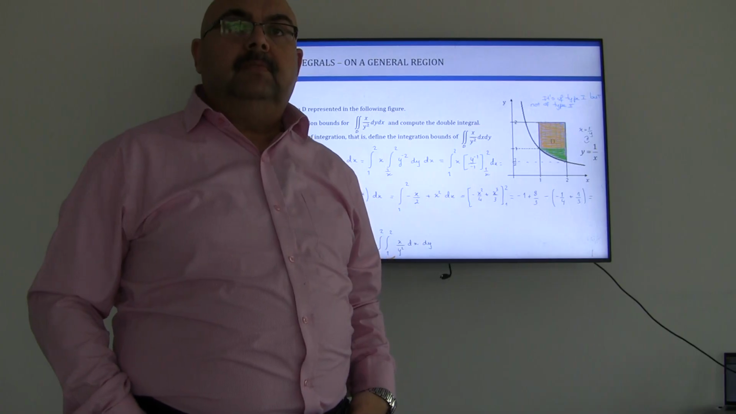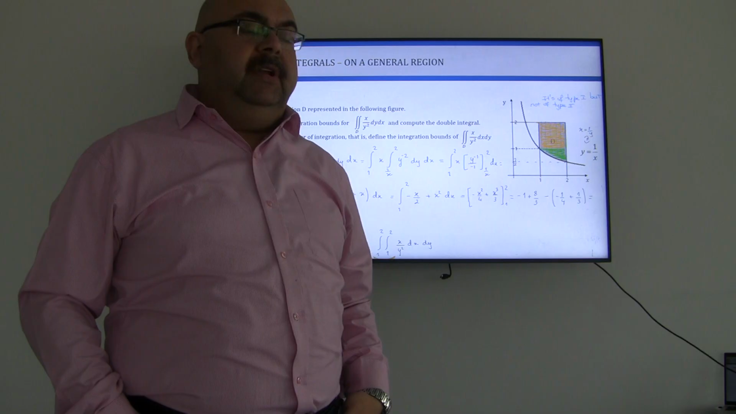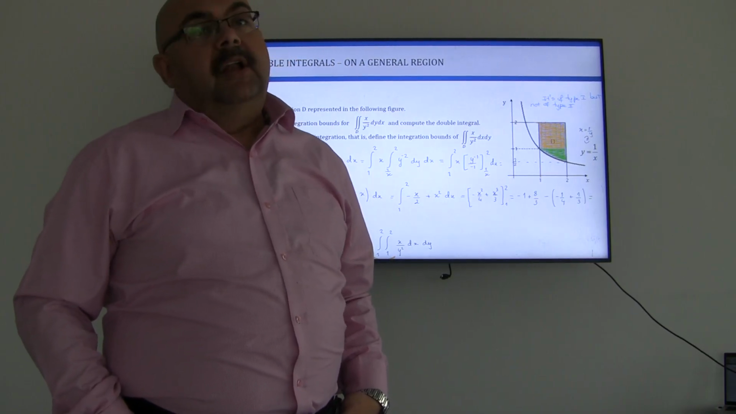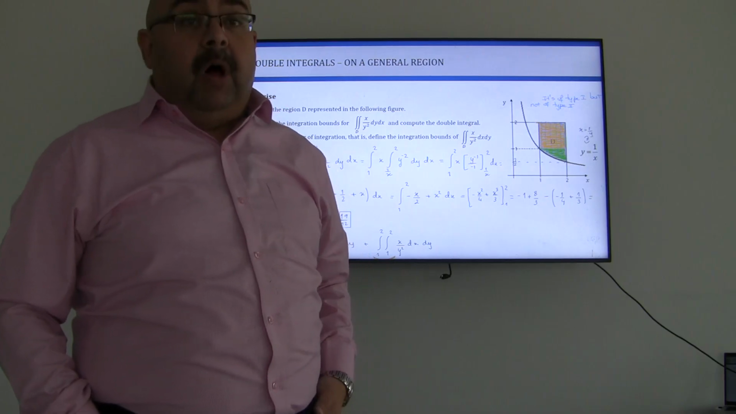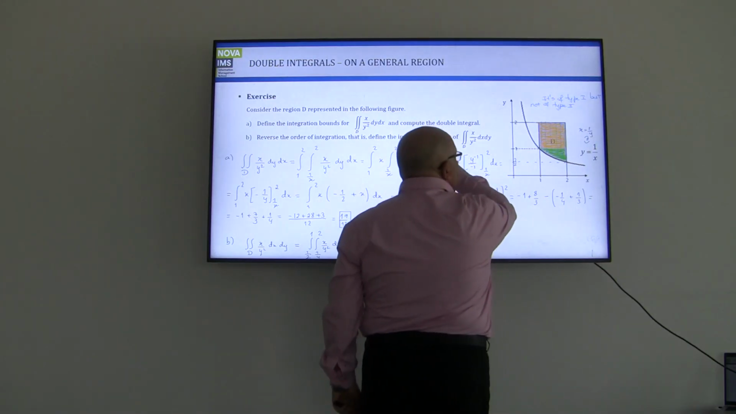dx dy, dy dx. Why? For example, dy dx. Why dy dx and not dx dy? If I'm doing dx dy, that's going to be the